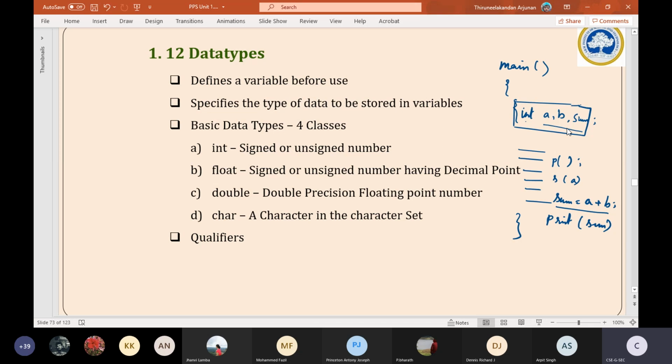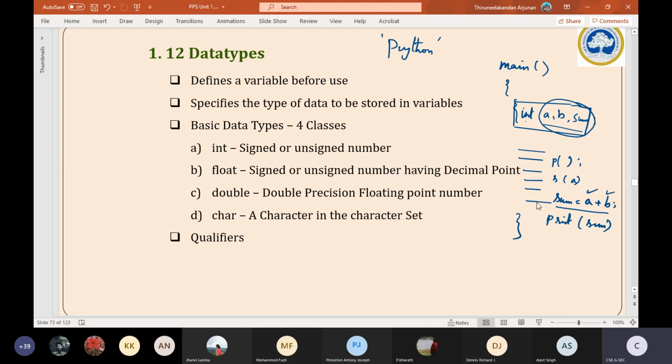Whereas Python is a different kind of language. In Python we don't want to bother about the variables. It is not required to be declared before its usage. Wherever we want something to be written as logic, directly we can write the expression. Each one of them will be considered as a variable at that time. Okay, that is in the Python language, not here.